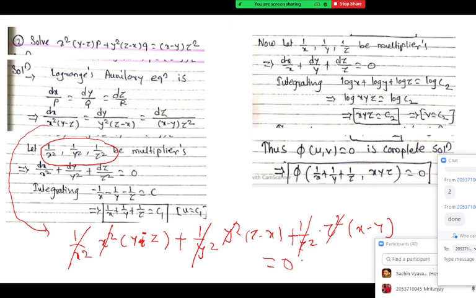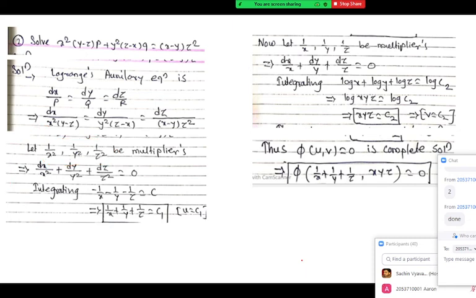Okay sir, I was multiplying it separately. No, no. You have to multiply 1 by x square to the first ratio, 1 by y square to the second, 1 by z square to the third ratio. And not only the denominator, you have to multiply both numerator and denominator. So when we multiply it to all denominators, that sum is coming 0. The same thing we are saying, that the sum of numerators should be 0. That's all. Got it, sir. Okay, good. Any other doubt?